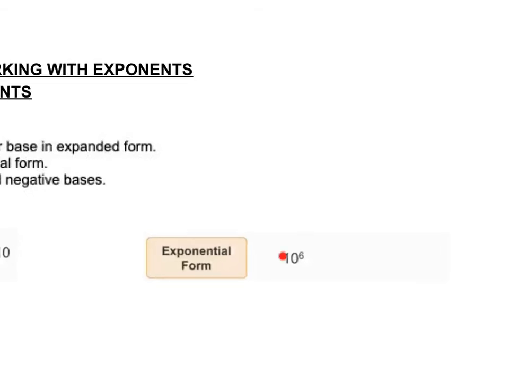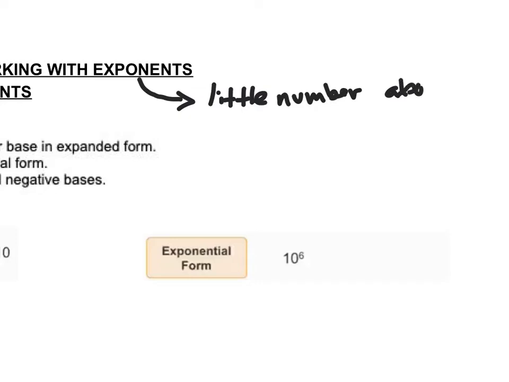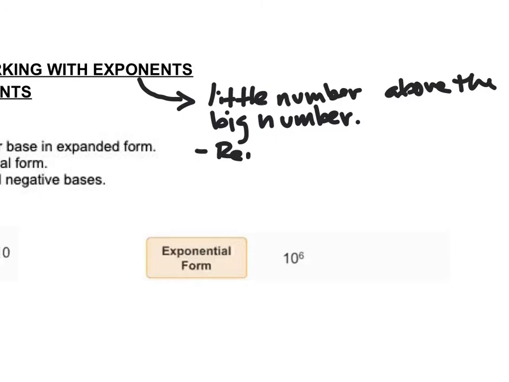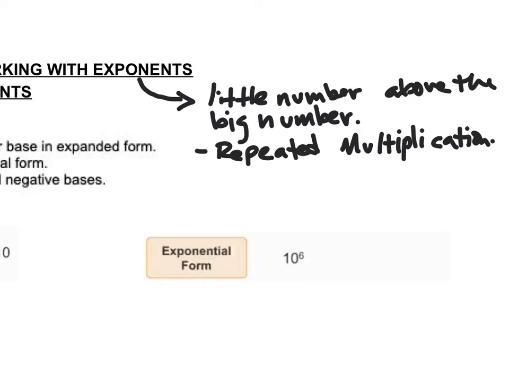And we have this down here with an exponential form, but I want to write it up here. An exponent, and I'm just going to draw an arrow here, exponent, is the little number above the big number, okay? All right. And what this does is it shows repeated multiplication. Repeated multiplication, all right? And so that's what an exponent does. An exponent determines,